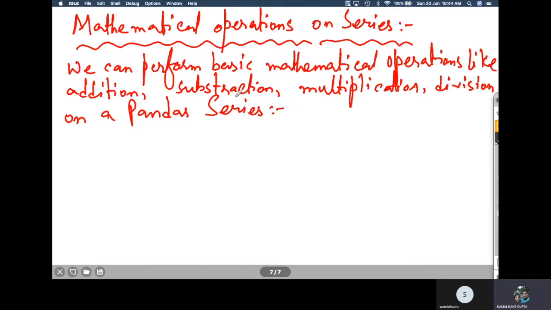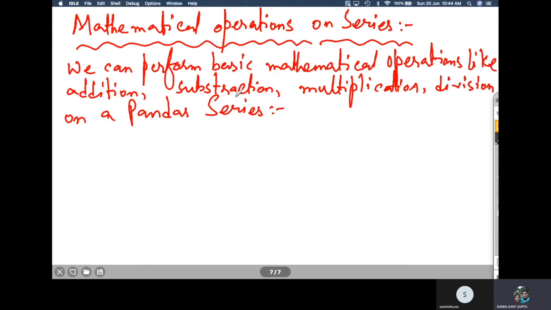Now while performing these mathematical operations, one very important thing to be careful about is the NaN values, the null values. It's okay when you are performing mathematical operations between numeric values present in a series, right?